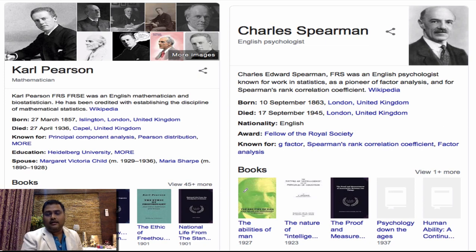By nationality he was an Englishman, and he was definitely an FRS, Fellow of the Royal Society. You can search on Google and understand all of these biographies and stories about Karl Pearson and Charles